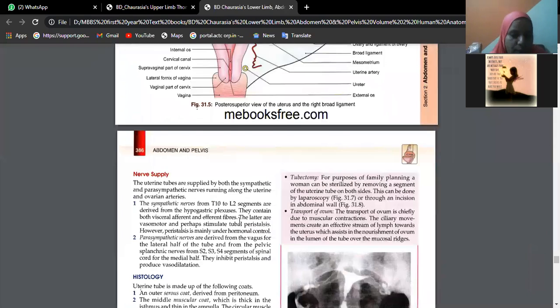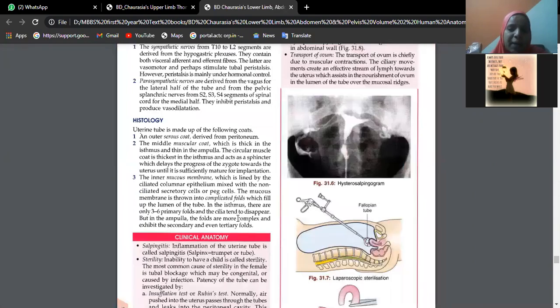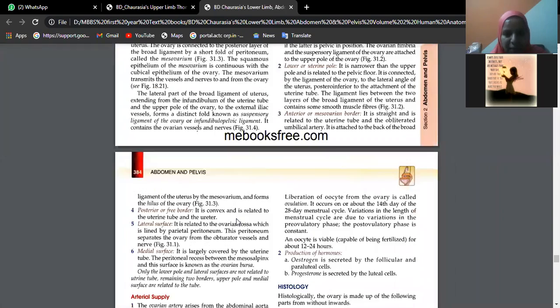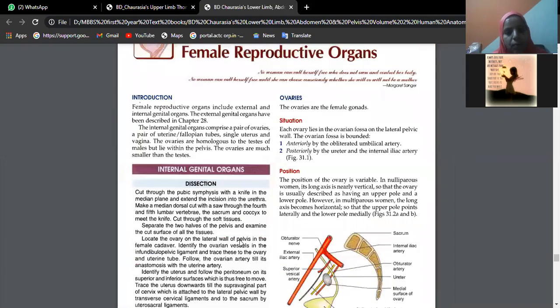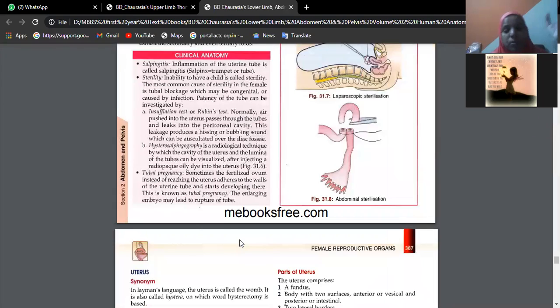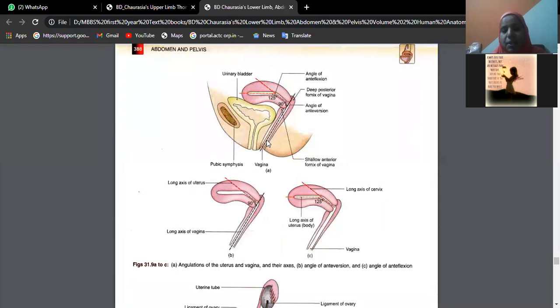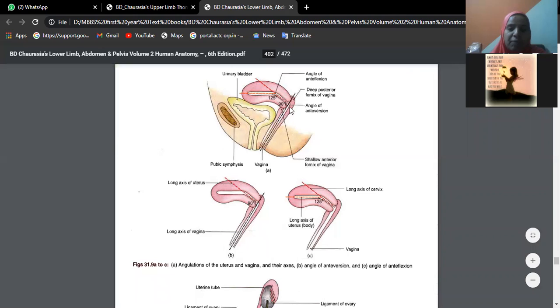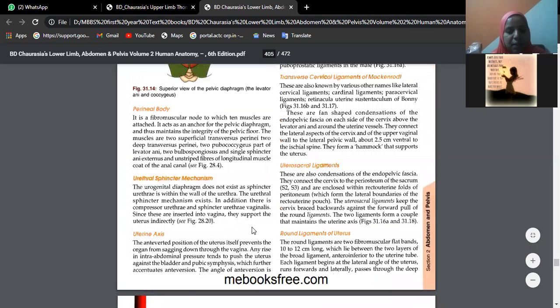Then, what are the true supports which do not let the uterus slip down from the pelvic cavity? Is the uterus coming out of the pelvic cavity? Is it slipping down outside the vulva? No. So that means it has a few supports which hold it in position. First of all, the position of the uterus itself is anteversion and anteflexion. That itself will not allow the uterus to come out through the vaginal opening, which is nothing but the vulva opening. The other supports we will see with the help of diagrams.